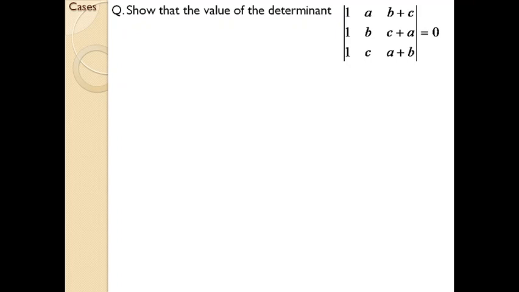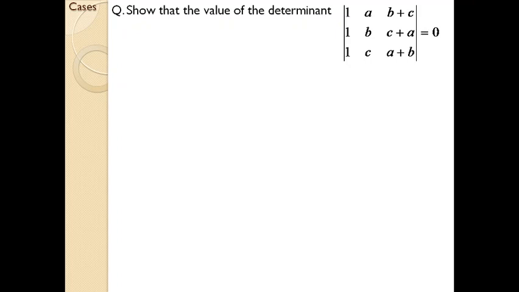So how are you going to deal with it? Initially you may find it confusing that here there are only alphabets and no numbers, so how are we going to deal with it? That is the trickiest part. Just go through the steps which we have dealt with earlier. It is a case of order 3, so you have to follow the same steps and procedure you have dealt with previously.